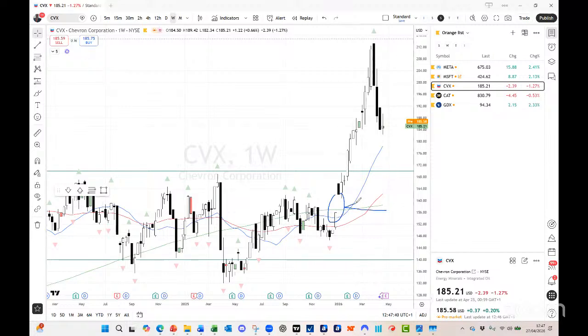This was the Maduro operation in Venezuela, and we can see how price gapped up, came down, filled it, but then really it has been on a tear since then. Absolute tear, because it had spent a lot of the last few years in that range between $140 and $170. You can see for yourself, nothing really of interest.